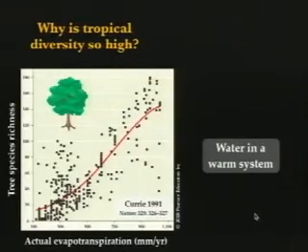Certainly a role is played by the abiotic factors of temperature and moisture. There's a whole lot of water in these warm systems, and that influences the pace of life, on deep time scales and shallow time scales, in ways that are interesting and that you can think about. The evidence is like this. When you map something like tree species richness in the Americas relative to evapotranspiration, which is a variable that really combines within it temperature and moisture.